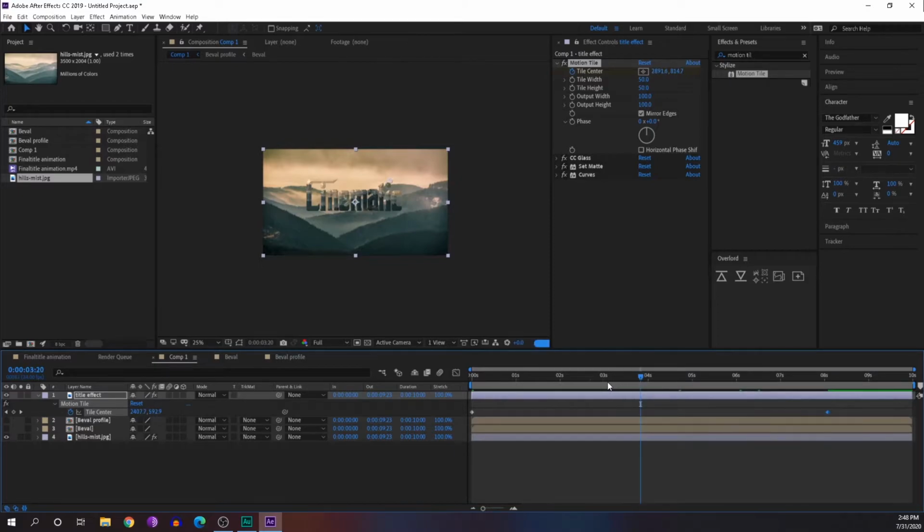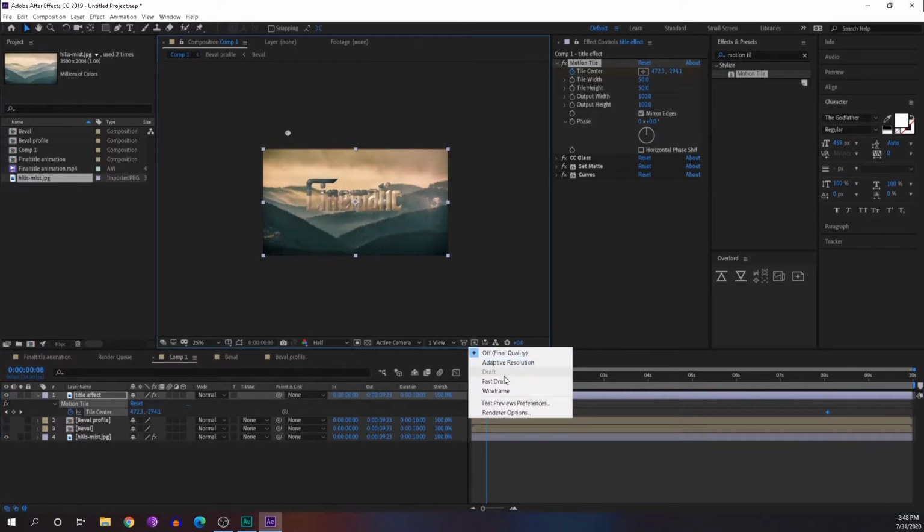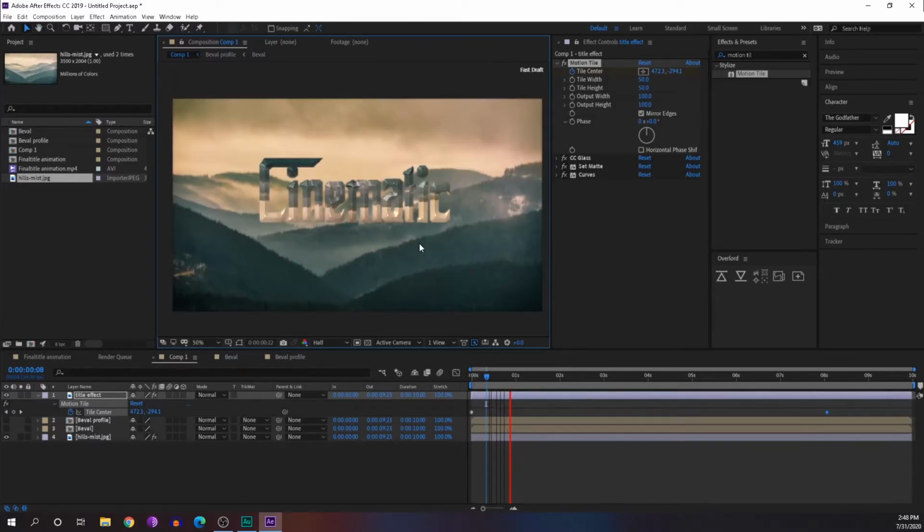Now we can see that it's moving, and the reflection animation is happening. So I will just play it and see how it is. You can see as we play that animation, a proper reflection animation has been created.